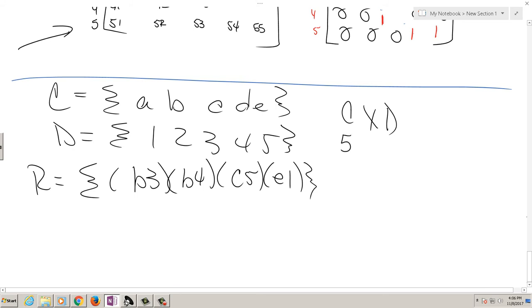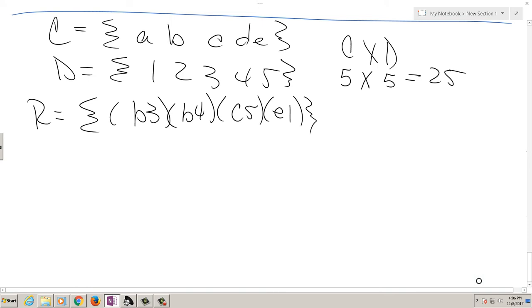So how many elements does C have? Looks like it has 5. How many elements does D have? Looks like it also has 5. When I do the cross product of those two, there are 25 possible combinations when I have the two of those together. So if I wanted to create the matrix of this relation, I am going to create a matrix